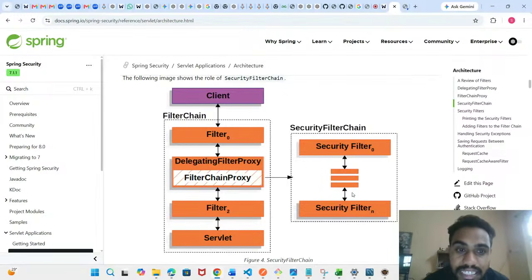Guys, I'm trying to explain the filters in detail. Inside the filter chain, we have a delegating filter proxy, which I already showed you, and inside that the filter chain proxy is there. Inside the filter chain proxy, there are security filters starting from security filter 0 to security filter n. Bindu, as you asked, because we use the Spring Starter Security, that's why you can see the delegating filter chain proxy. Inside it, you can see all these filters: security filter 0, security filter 1, security filter n. Our target is to break all these security filter chains today. All these security filters we'll see now.